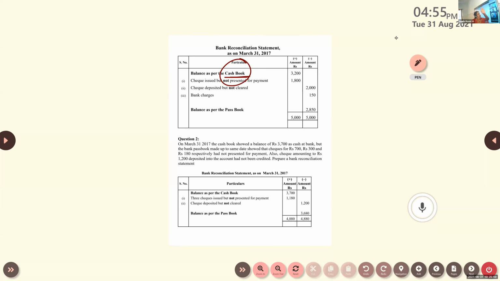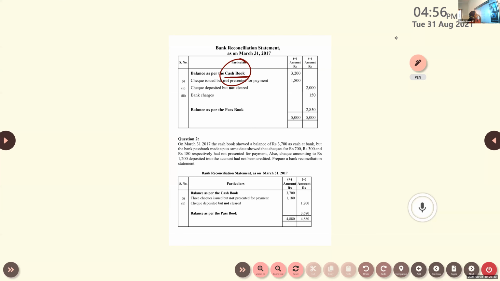But the passbook is still up. Now, what to do with this right hand? We have to bring it same as the passbook. So what should be done? Add it back. Bring it up. We have to match it with the passbook, so bring this cash book up. To bring it up, we add. Think. Okay? Take the next case.